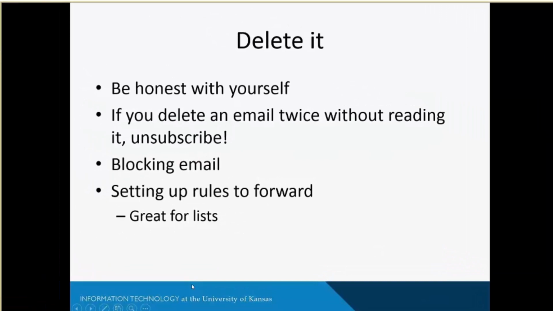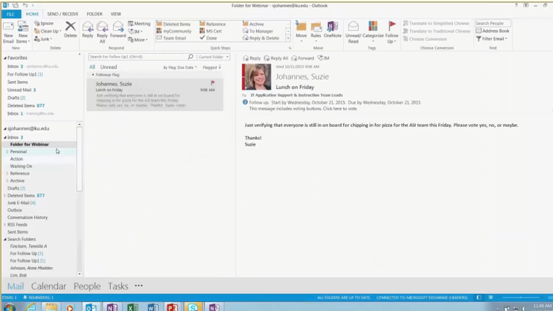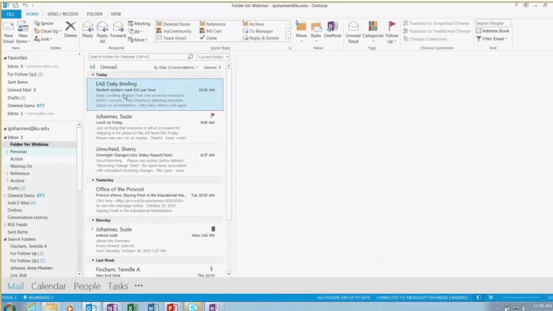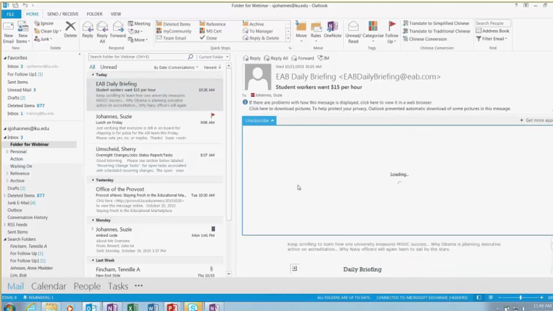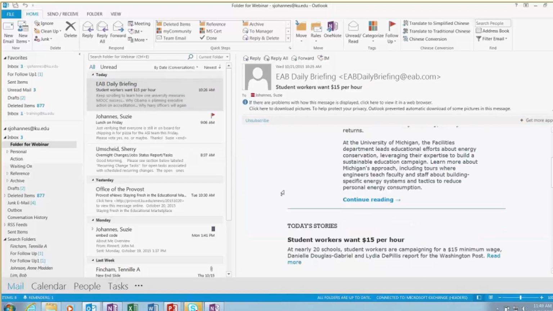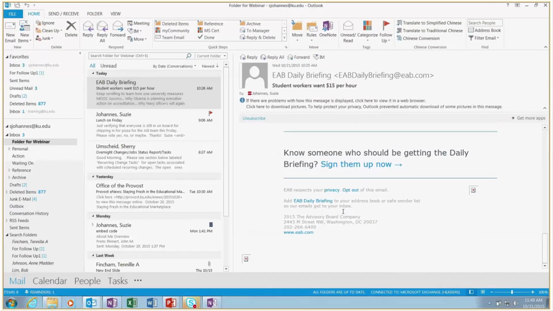And then this will be the last thing, and then we're going to pause for questions and sharing, hopefully. So here, somehow I got added to this list, so I get these every day. In the new Outlook, there's actually an unsubscribe area here that will look for that link if they can tell that it's there. This one I already checked. It couldn't tell that I was there, but at the end of the email,